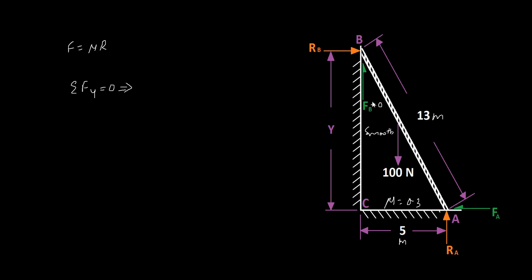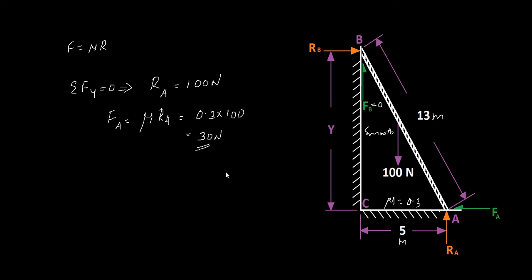You don't have a force here, so that is 0, and you have a reaction here, so Ra is equal to 100 Newton. And because you have a coefficient of friction 0.3 here, your frictional force at A is equal to mu times Ra, that is equal to 0.3 times 100, that is 30